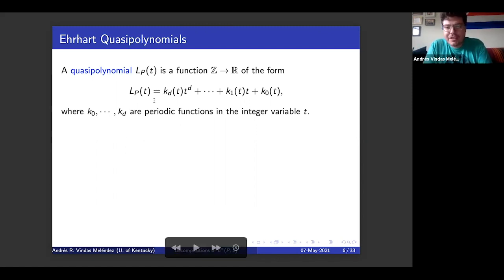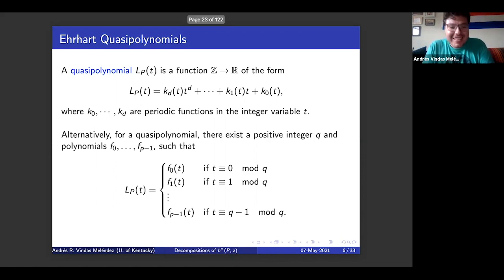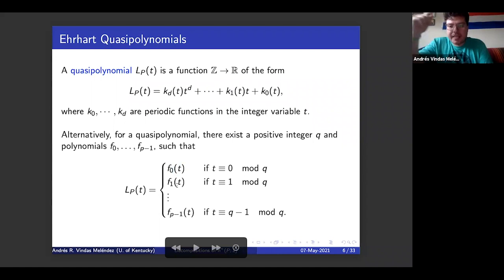we have periodic functions. And then you might say, Andrés, you kind of just repeated the same thing you said before, and that still doesn't help me with the definition. So here's an alternative definition that I kind of prefer. I think about this as a piecewise function where each of the pieces are functions depending on my period. And so each of these f of i are in fact polynomial. Okay, and so it kind of cycles through after some period. Okay, and we'll see an example of it in just a bit.